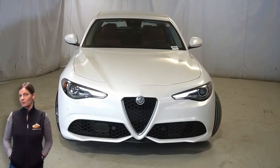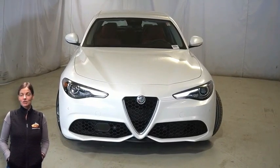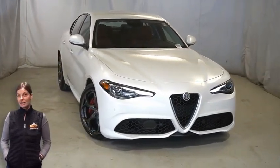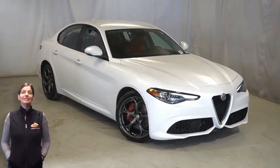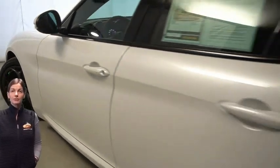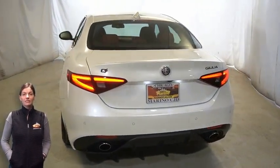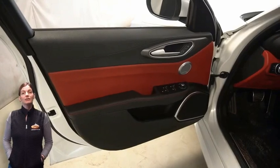Have you been looking for a performance sedan with styling that won't break the bank? Take a look at this 2017 Alfa Romeo Giulia TI in Trofeo White. With BI-XENON HID headlamps, front fog lamps, 18-inch aluminum wheels, gloss red brake calipers, lane departure warning, dual chrome exhaust tips, heated front seats, heated steering wheel, 18,000 miles on the odometer,